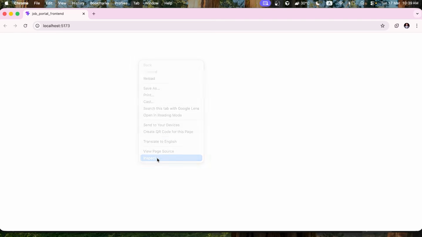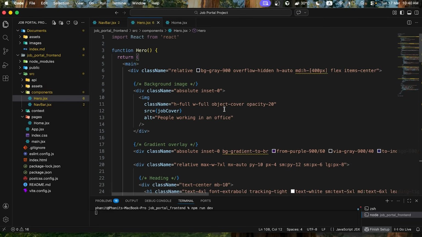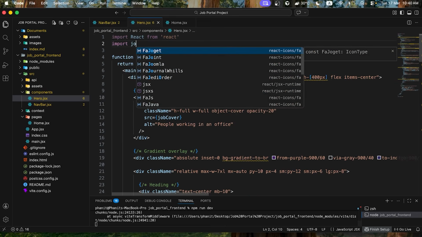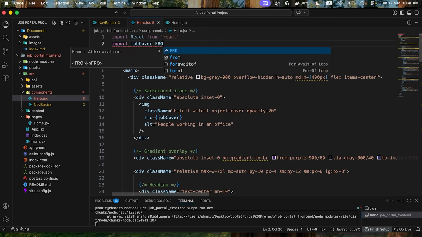Maybe something is wrong, so I'm going to inspect. Okay, let me check. The problem is the image file import, the src. So I'm going to say import jobCover. This is going to be jobCover from